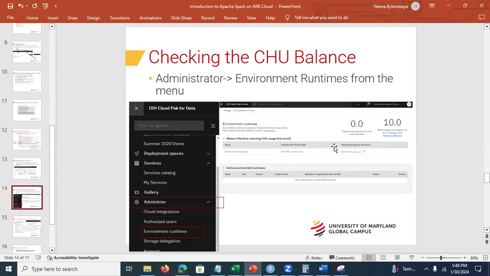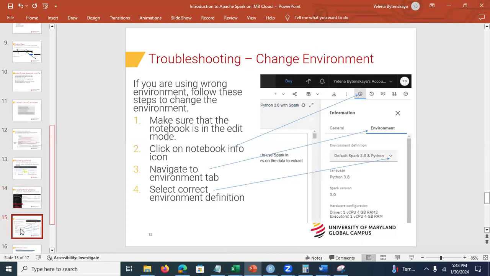I took this picture in the beginning of the month, maybe at some point. Okay. Well, this just shows you how to check what your environment is. Sometimes, if you chose the wrong environment, what you have to do is, well, you can delete the notebook and